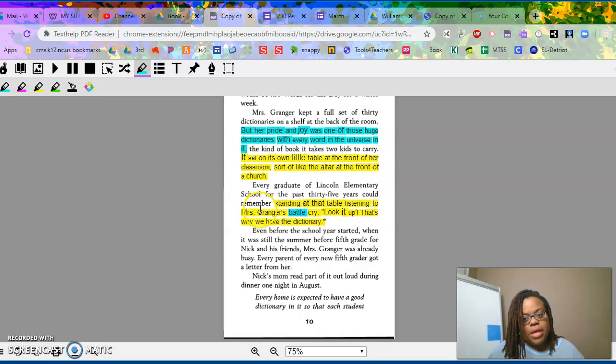So slogan. A slogan goes along with what someone would say. Okay, so like if you have your different restaurants. Chick-fil-A has a slogan. Their slogan is to eat more chicken. And you have the cow that's telling you to do that, right? So here you have Mrs. Granger. She is